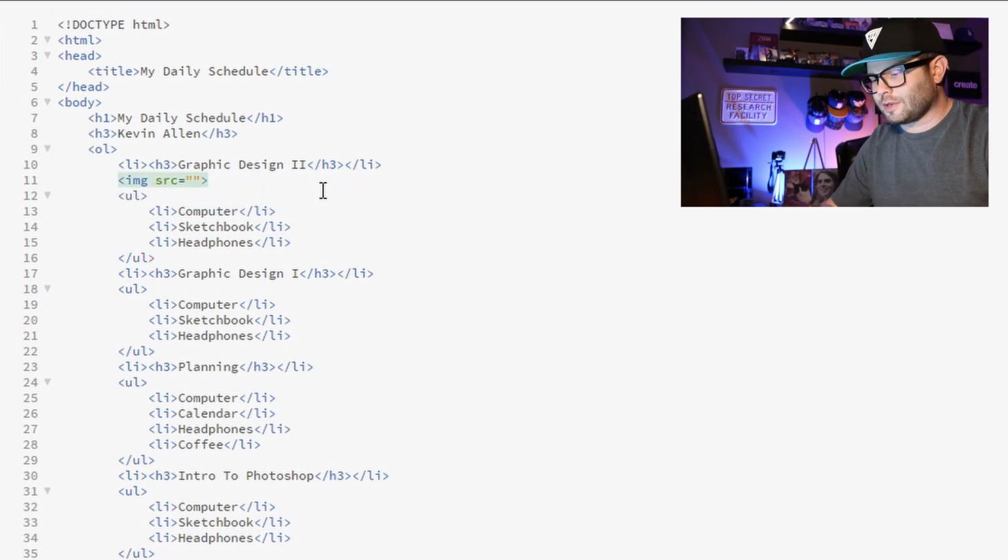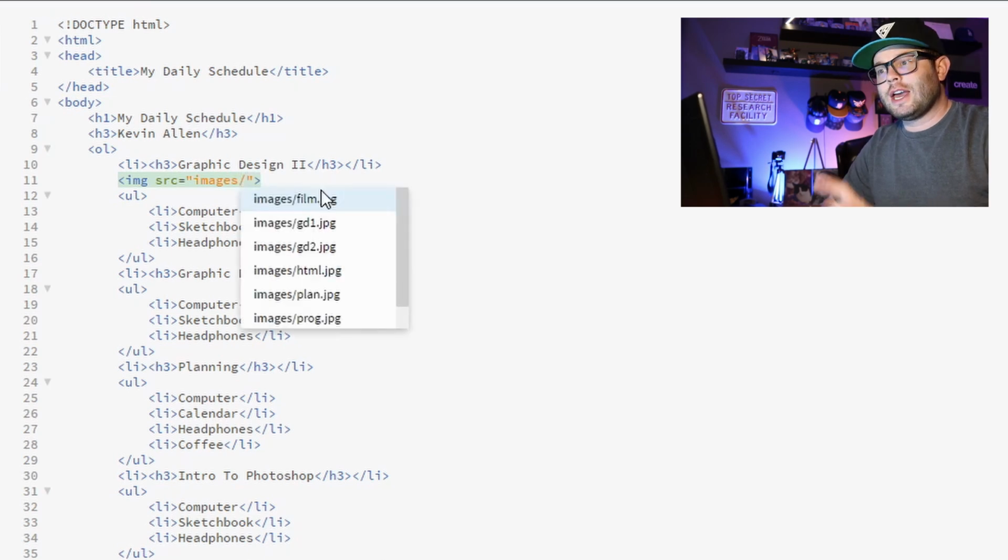Inside the quotes, I'm going to say images slash, and as soon as I hit that slash, it automatically knows that I'm looking for an image from a folder that is neighboring where our HTML document is. In this case, the folder is called images. So it knows and sees all of these different file names in there. So I'm just going to go ahead and click GD2